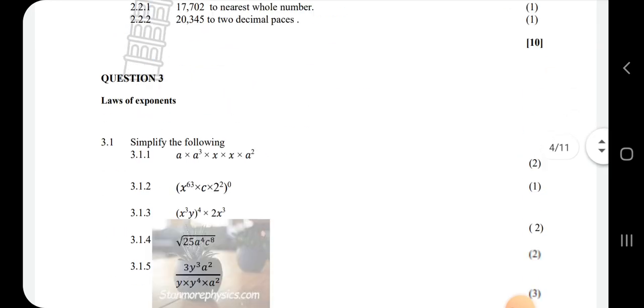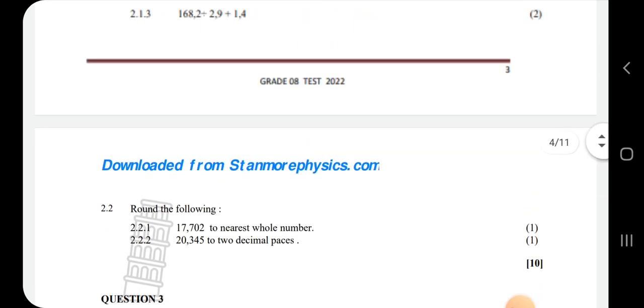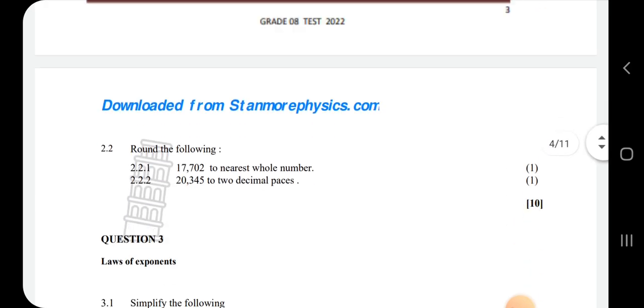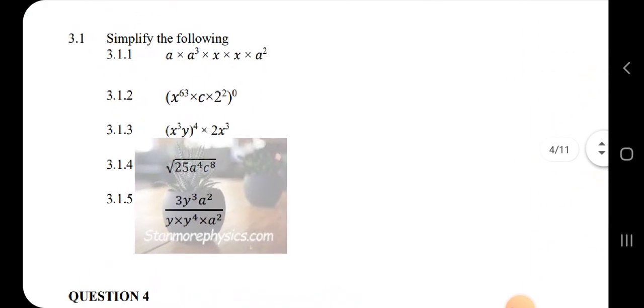Then I did question 3 until 3.1.5, but we couldn't complete 3.1.5 because a certain technicality happened. So now we are going to finish 3.1.5, and then we will do question 2. So without wasting any more of your time, let's do question